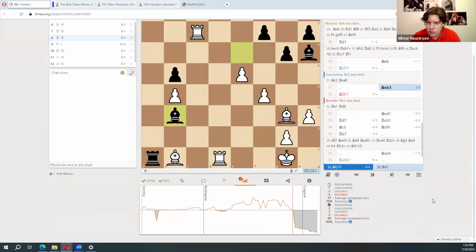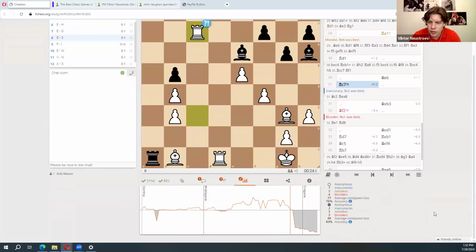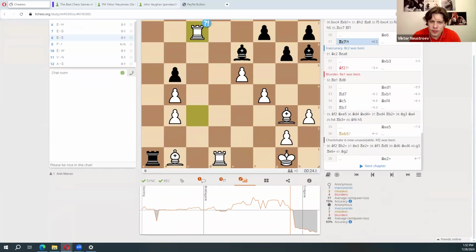No, this is a mistake. So the position was equal. Okay, actually, I don't remember myself. So it seems that it's not a cheater who was playing the game. But still, average centipawn loss is so low. There was 36 game. Maybe it wasn't a cheater.